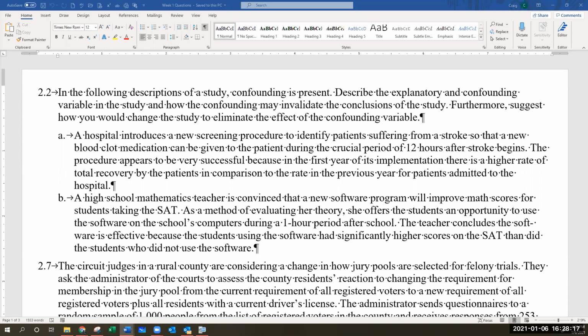It does make sense, but my question is, I struggled because it seemed to me that you couldn't make a broad statement about an SAT score based only on math. Well, that's true. Yes, I guess it should have been higher scores on the math portion of the SAT. So I said that one of the confounding factors could be the other scores, students who are excelling in other English areas. Yeah, you're absolutely right.